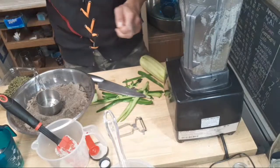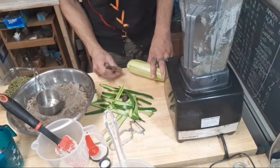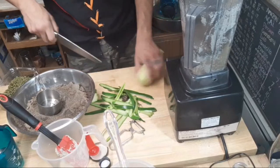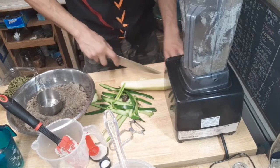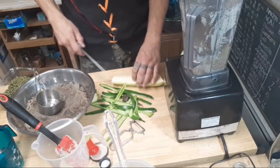Alright. So let's see how much zucchini this is. I'm going to cut it in half first, so it fits well in the measuring cup. Little brown area here. Maybe I'll cut that off. And then